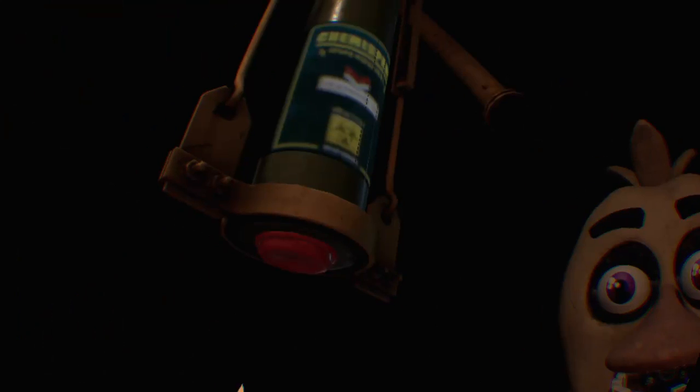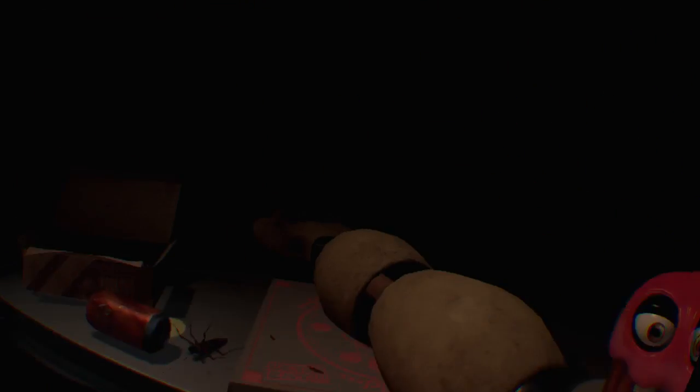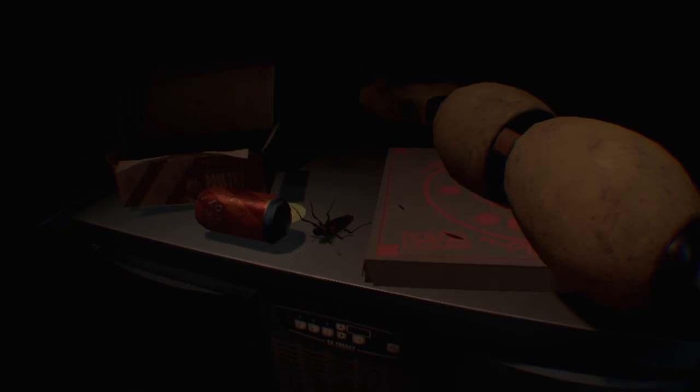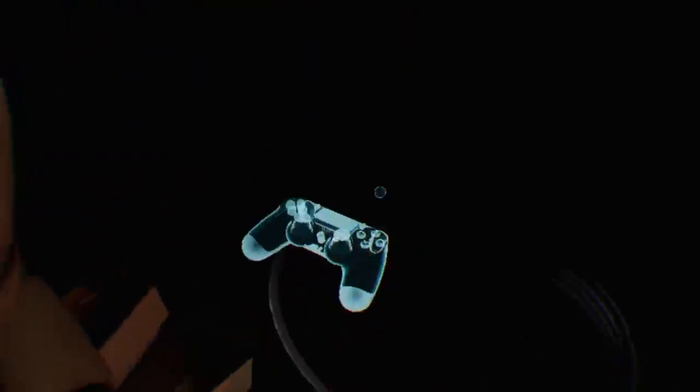Welcome back to Parts and Service. There have been customer complaints about Chica's acrid smell. Sounds like Chica has been rummaging around the kitchen again. Remove all food particles from Chica's exterior and place it